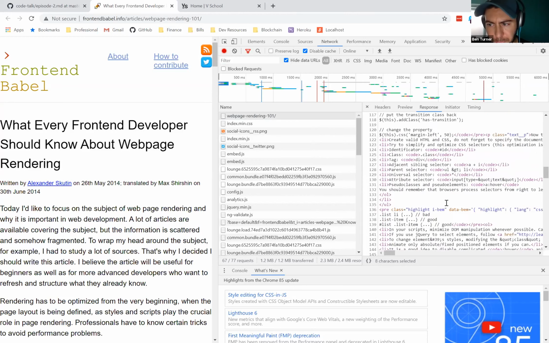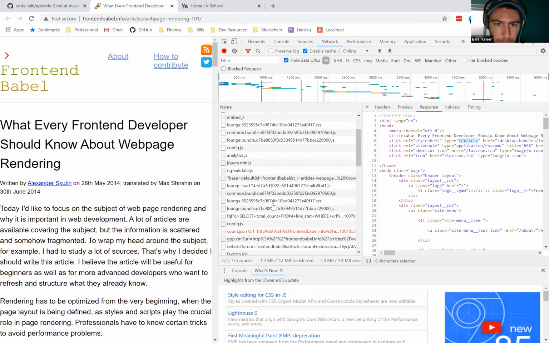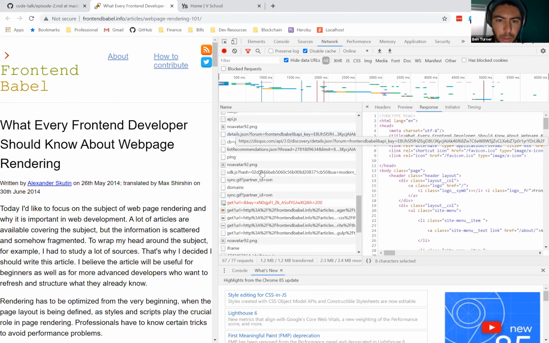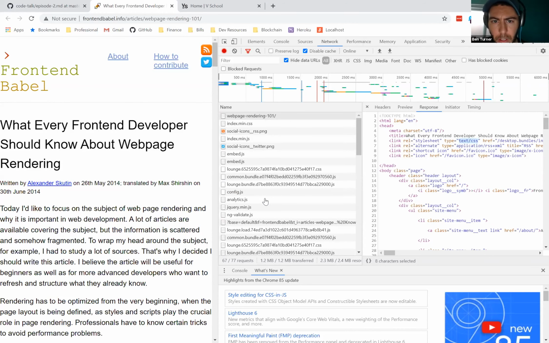Cool, all right, so basically we get fed this HTML, and then the HTML file has all these additional links, which then ask for more and more files. That's why we keep seeing all these network requests here, because every time you see a link or a script or an image or something, we basically have to make a new request for that information. And that's what each one of these individual requests are, for the most part.